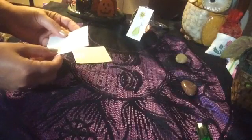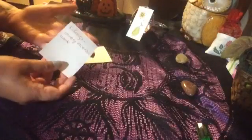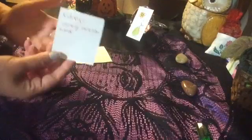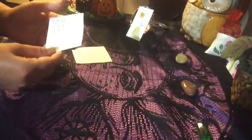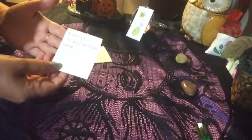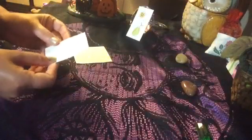So kidneys are used to excrete waste from the body, so they keep your blood clean, they keep your body clean from toxic things. So make sure that you're keeping an eye on your kidneys, that they're functioning. If you're noticing pain in that area, or if you're frequently going,